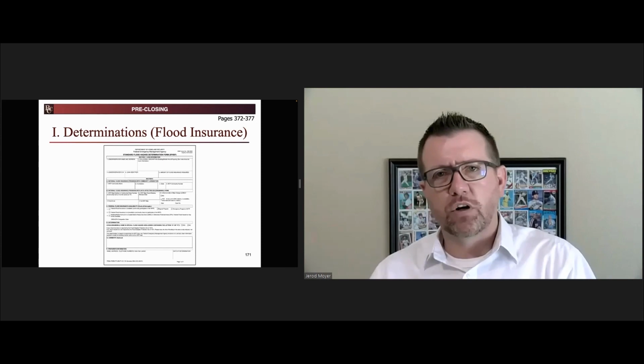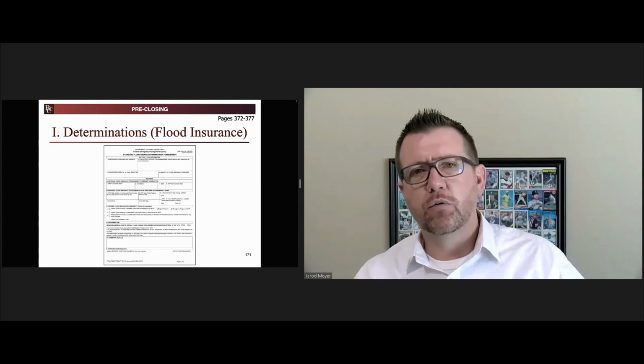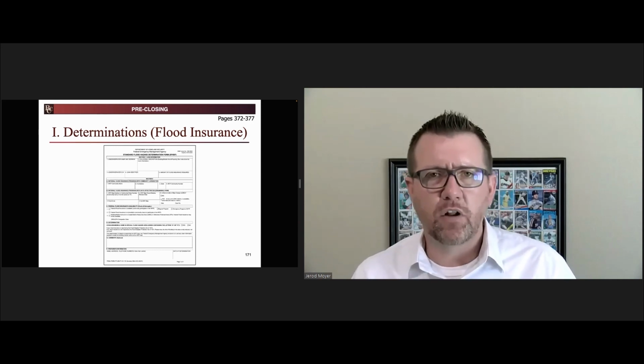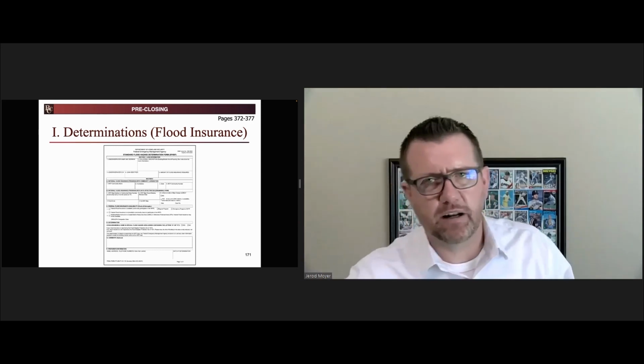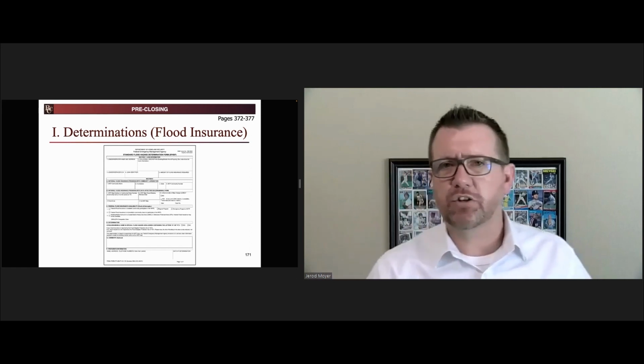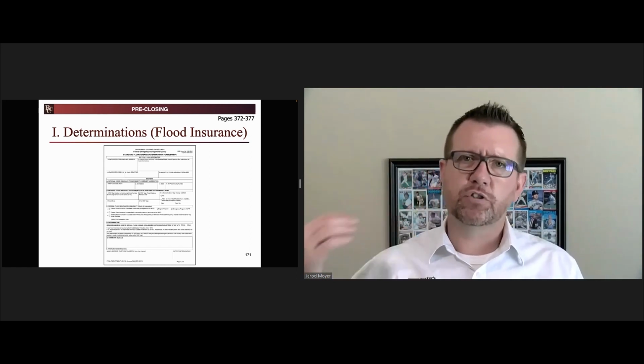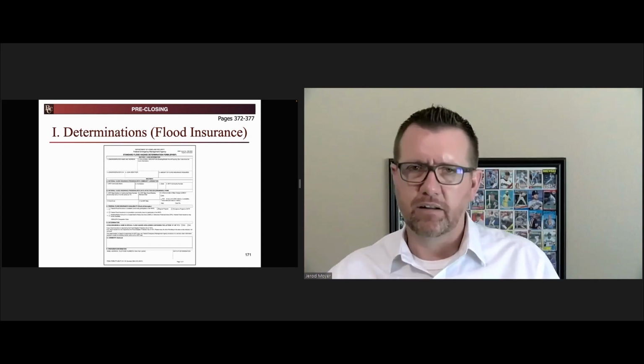So getting ready to close our loan, one of the things we have to do in advance of closing, I'm going to say well in advance of closing, is a flood determination. You don't want to be waiting to the last minute, because if you do the determination and it comes back that the collateral is in a 100-year floodplain, that's going to push your closing date back very likely, because now